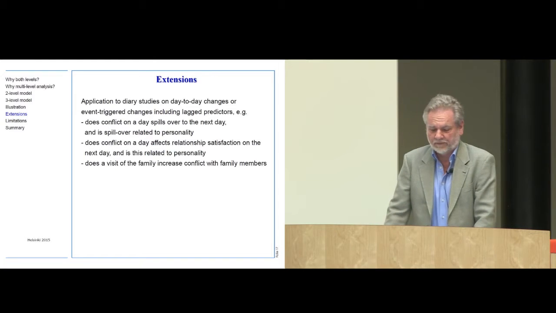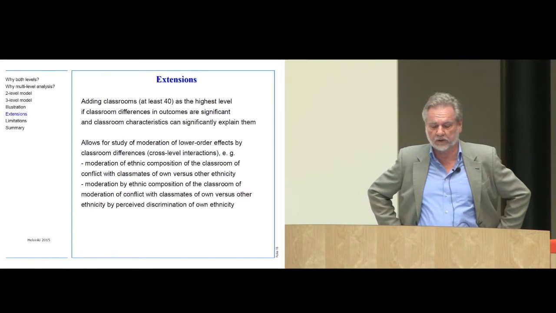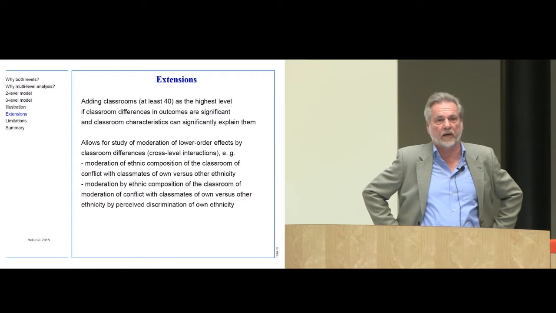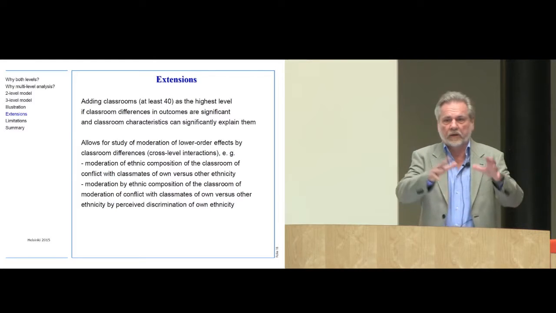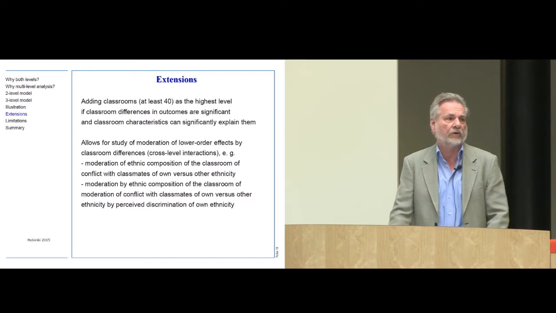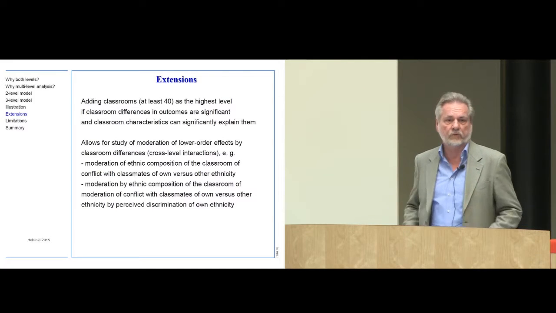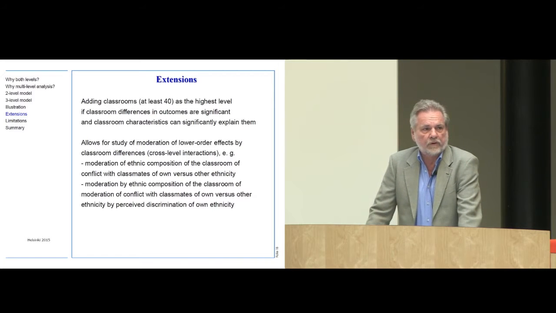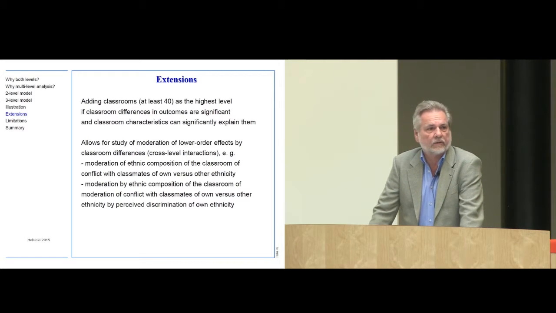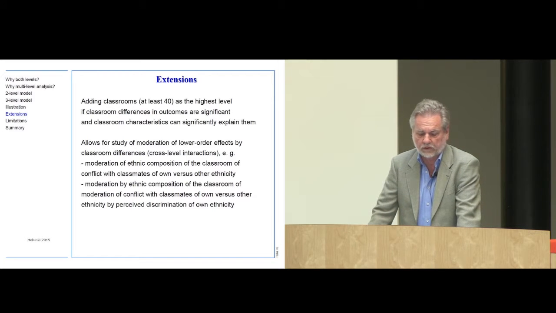but you need at least 40 as the highest level if classroom differences in outcomes are significant and classroom characteristics can significantly explain them. Otherwise, perhaps you control some error by doing this, because if you are really studying full classrooms in educational context, you should add this if you have enough classrooms, just to control the clustering in classrooms. Even if you have no predictor at the classroom level, predictors could be, for example, teaching style or class size. And this allows for the study of moderation of lower order effects by classroom differences, cross-level interactions,